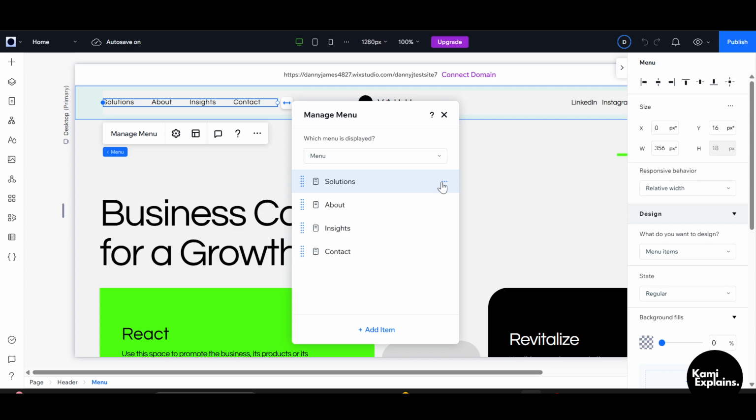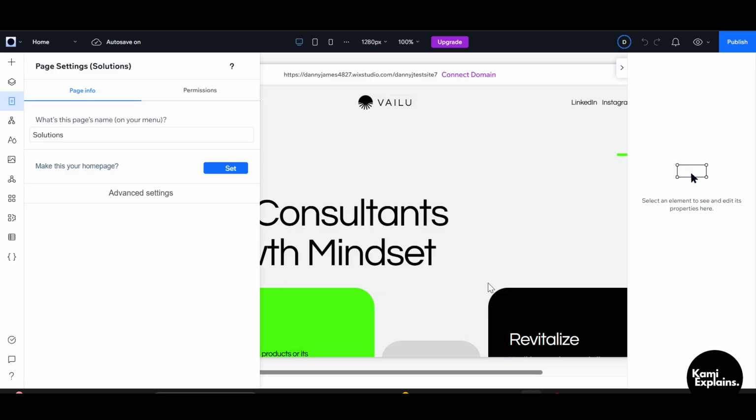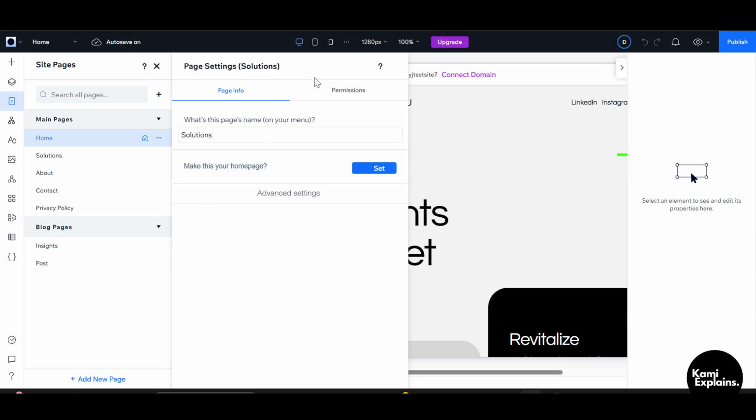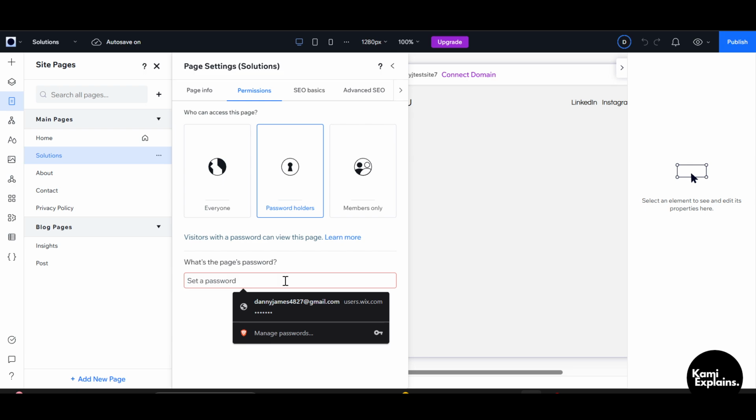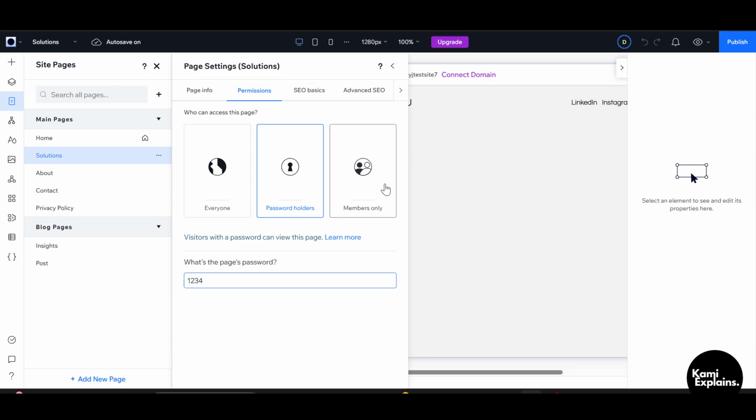So I'll click on these three dots. I'll click on page settings. Then on the top right, I'll click on permissions. Then I'll click on password holders. And then I'll set a password. After setting my password, I'll just simply click on publish and then